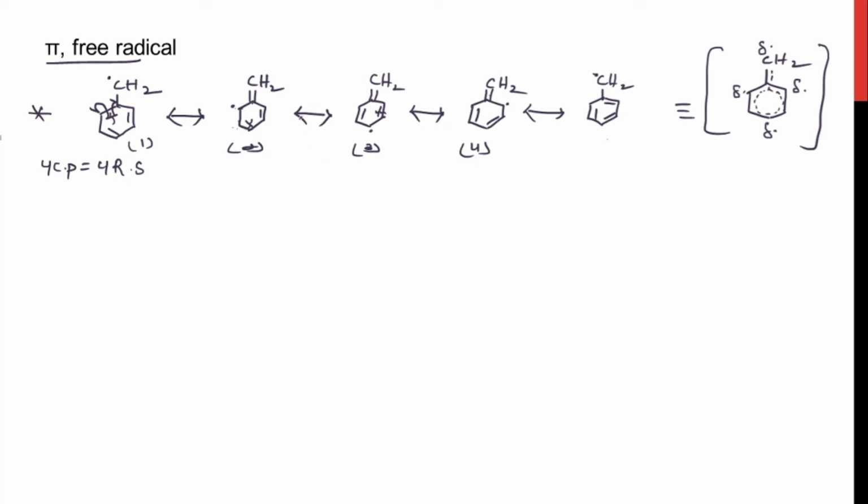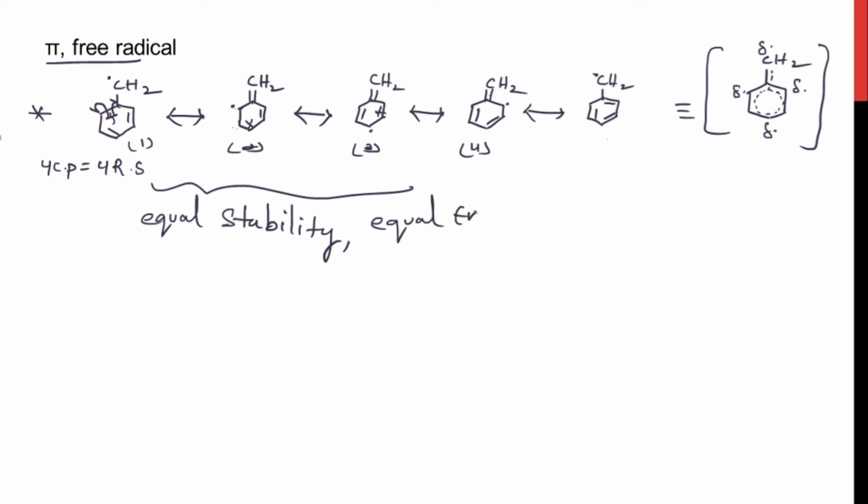We'll come to the third rule, where the unlike charges should be closer to each other and the like charges should be far from each other. You can't see any positive charge or negative charge. You can see only one radical throughout the system. You can't differentiate the stability of these structures using the third rule. We'll go to the fourth rule, which says the electronegative atom bearing negative charge and electropositive atom bearing positive charge are stable. But you can't see any charges on this structure. So all these resonating structures have equal stability, equal energy, right? So they all have equal stability and equal energy.